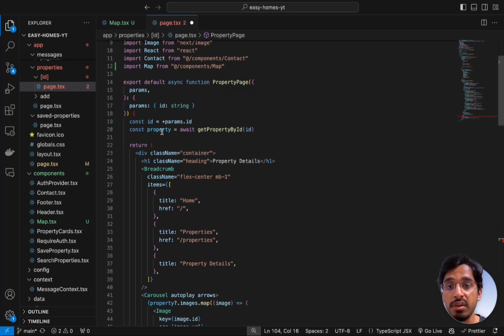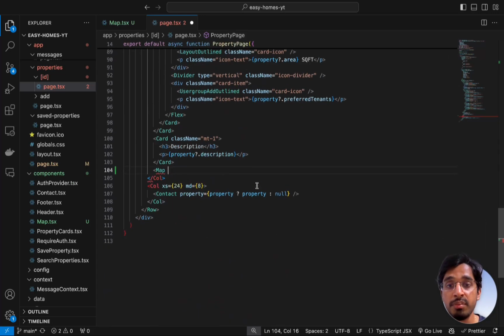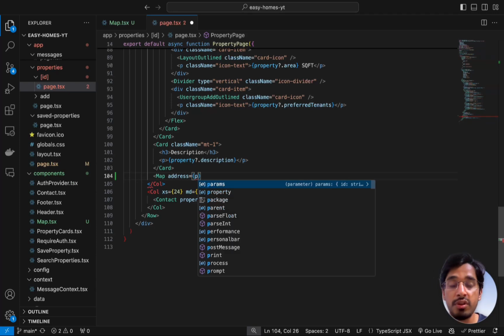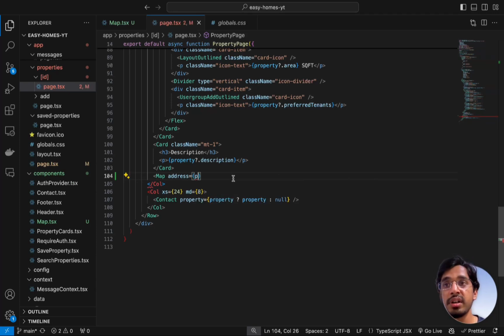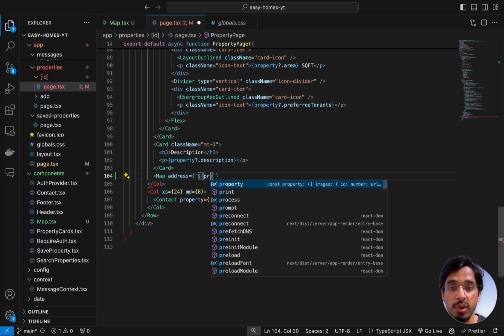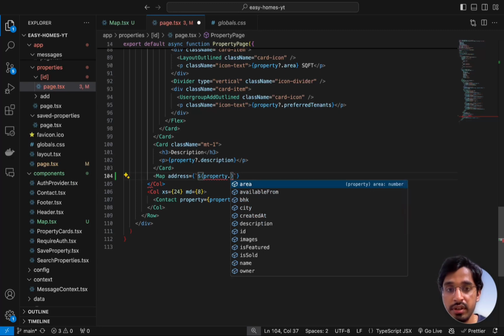So this particular property object, that we are making a server action to get the property details based on the parameters that we provided, the ID of the property. We need to pass in the 4 attributes related to the property address. Okay, so that is the street, city, state, and the zip code. So let's provide them by putting in a template string and passing in those 4 values separated by a comma. So that is property dot street,